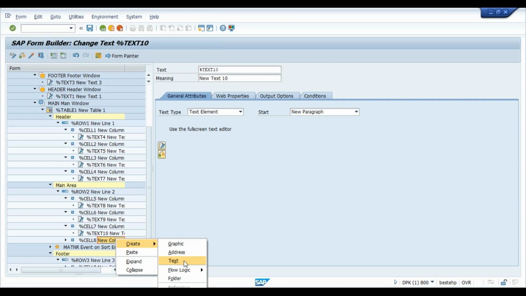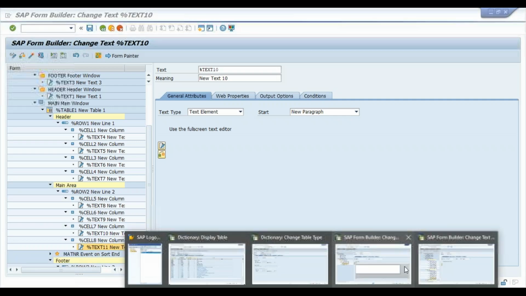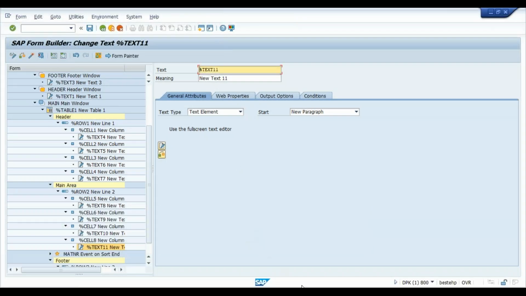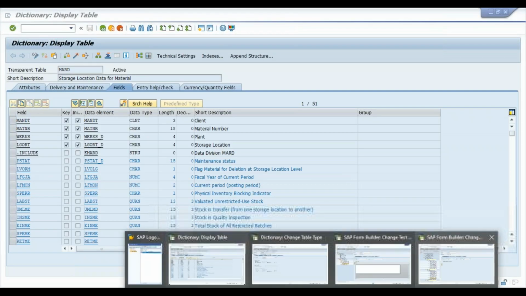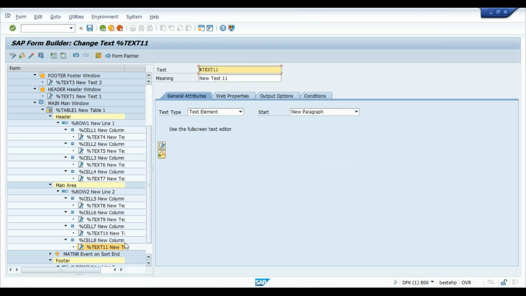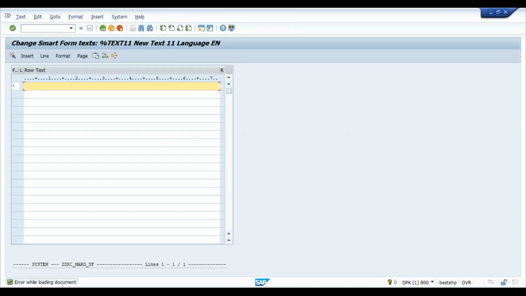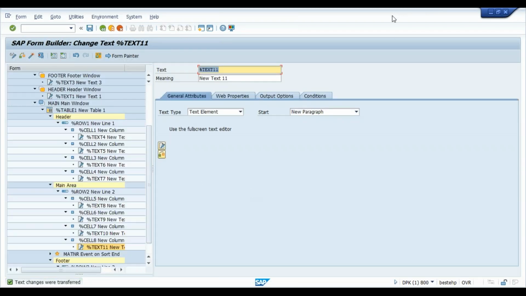Right, let's create text. After the LGORT, we have something called TSTID. And W underscore MARD hyphen TSTID. And once it's been done,